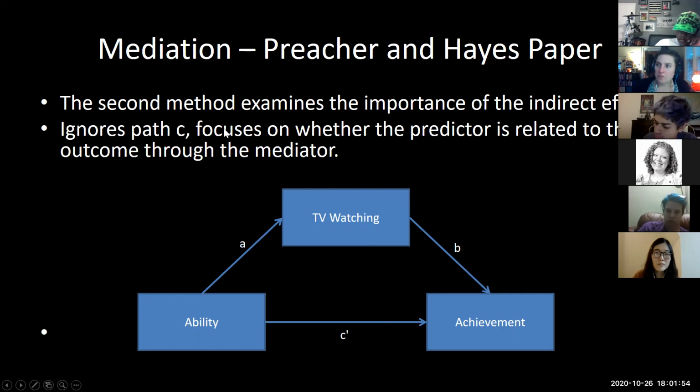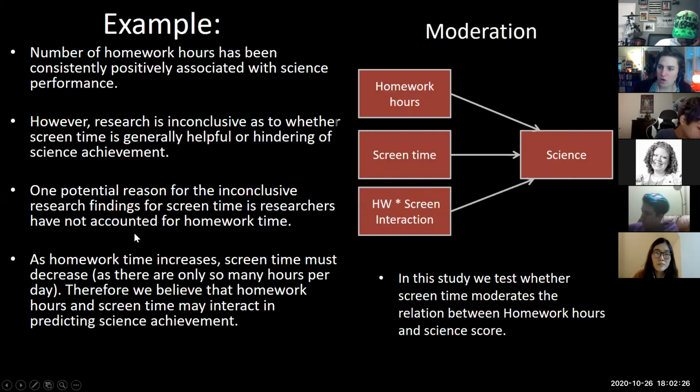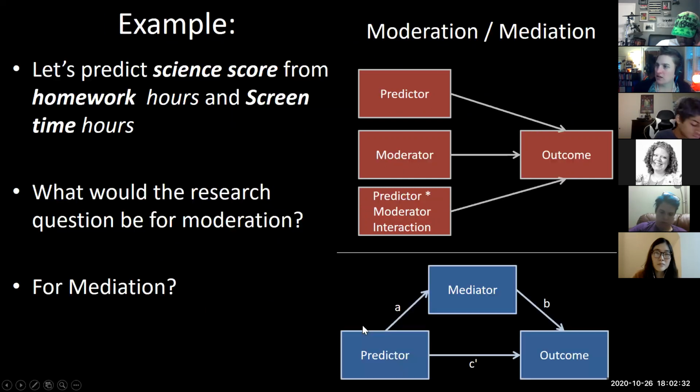Now, the process macro that you will learn about tomorrow in lab will walk you through both mediation and moderation. So you'll learn how to do both of those things in the macro, which is pretty handy. But what I want you to focus on now, and for the last minute, is what I've done is I've looked at moderation and mediation questions. And I've written out sort of conceptually what each one of these asks. I'm not going to go into that because what I want you to spend your last 5 minutes on is